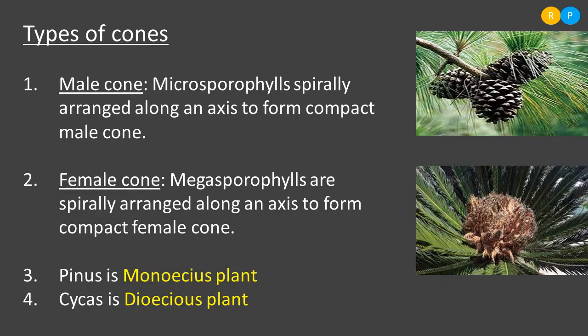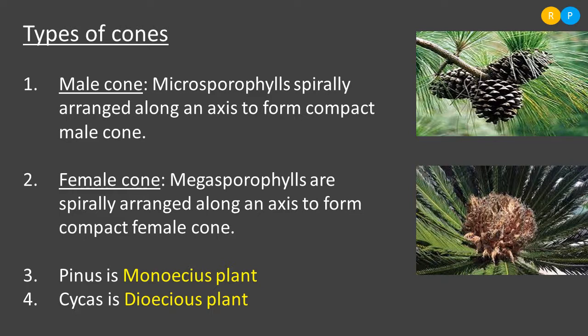Understood? So this is regarding the cone formation. The male cone is formed by what? Microsporophyll. The female cone is formed by what? Megasporophyll. Sporophylls are nothing but modified leaves. Why are the leaves modified? In order to produce spores. Clear, right? The male cone and female cone are produced within the same plant in some members. Those plants are called monoecious plants, and in some plants the male plant is separate, the female plant is separate. Such plants are named dioecious plants.